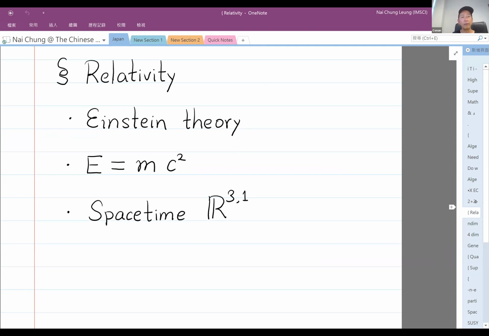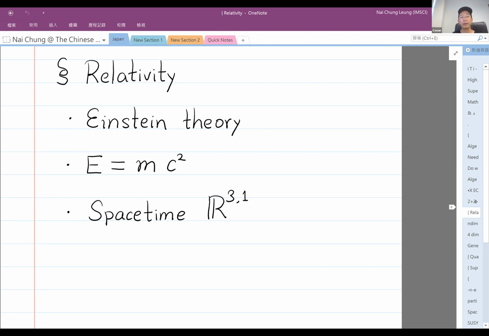So that was the brief review of the algebra of complex numbers. Next, let's have a quick discussion on what relativity tells us. It's Einstein's theory of relativity, of course with the famous formula E equals mc squared. E stands for energy, m is mass, and c is the speed of light. Part of the Einstein theory, so-called special relativity, tells us that space and time cannot be separated. They have to come together. They play the role together.